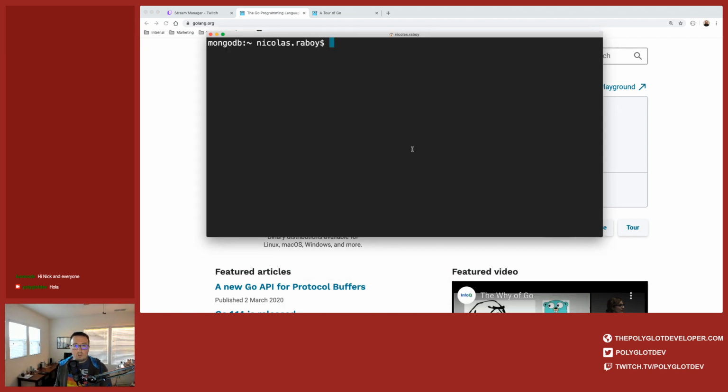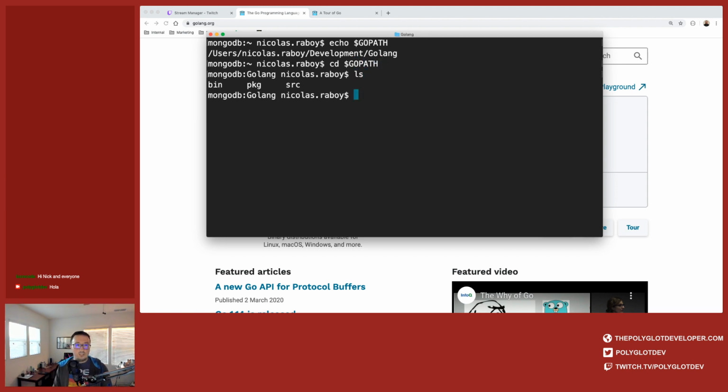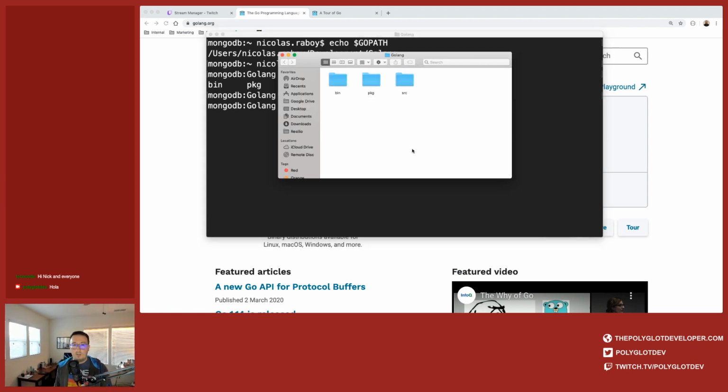When you install it, whether that be on Mac or whatever you're using, what you have to do is set up the Go path. The Go path is just an environment variable on your computer. For example, my Go path is this. Yours, of course, can be wherever you want, but it does need to be set. If I navigate into it, it'll look something like this, and I'll open it in the Finder.